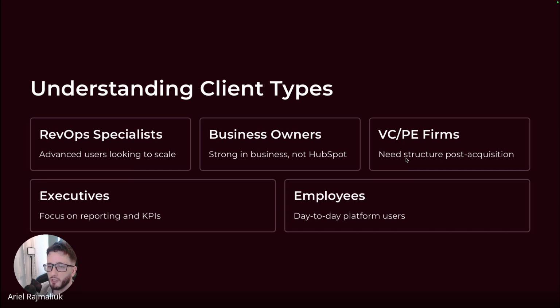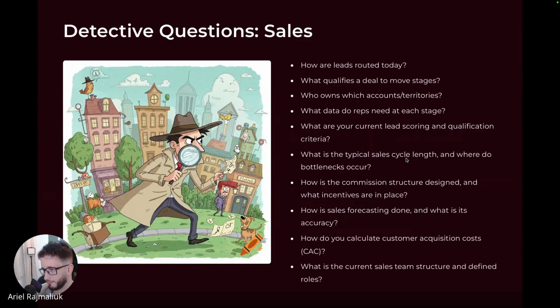So the question that you usually ask them is, hey, are you currently happy with HubSpot? What tools did you use before HubSpot? Or if you were the founder, what would you change? And they will tell you, oh, there's this thing that is a pain in the ass, and I want to change it. So you want to write that down, and if you can find some middle ground between what the stakeholders want and what the employees want, well, that's a win for everyone. So for sure, you want to ask employees.